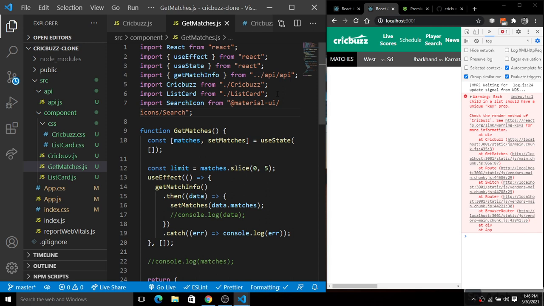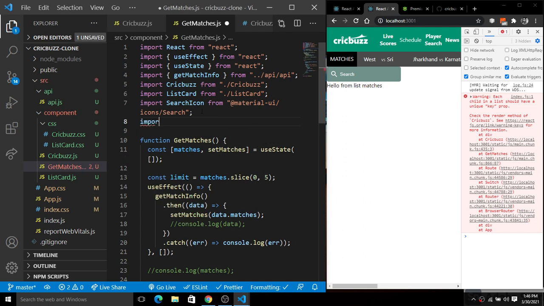Fine. Next we have this ClickBuzz, and it is not styled that way, so I will simply style it. So import the CSS for the ClickBuzz also. So CSS, inside of this we have this ClickBuzz dot CSS. Now save this. Fine. Okay, so we have these things here. I think nothing is shown there. Okay, right now fine. Okay, we have these things here.